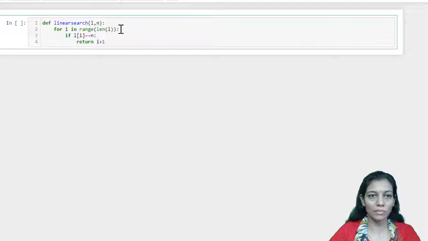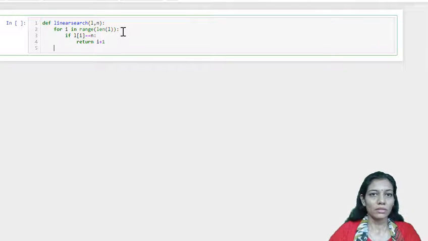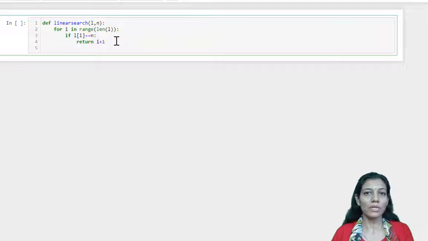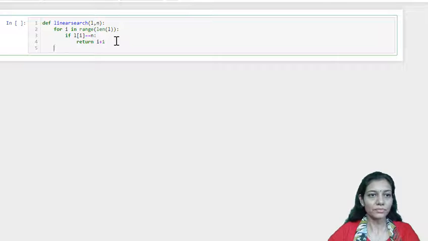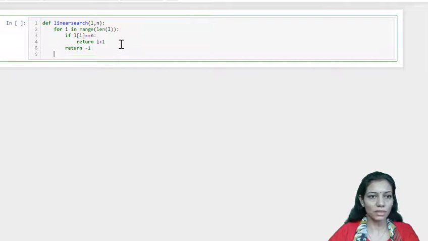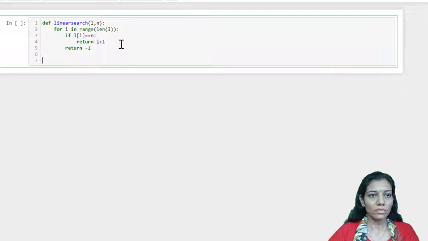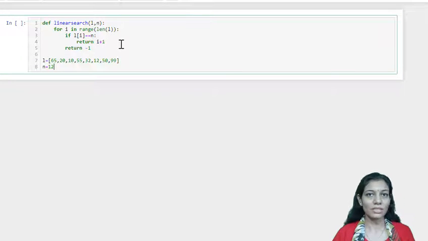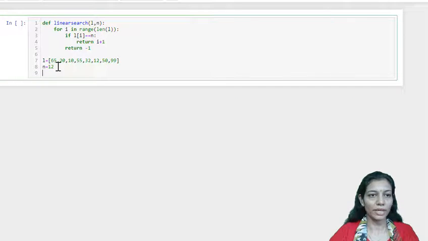We do not want to return the index, but we want to return the exact position. So that's why we are doing +1, and this loop will iterate through all the elements of the list, and if there is no luck, then we'll return -1 to indicate that we have not found the search element within the list. Now it's time to define a list. So this is the list, n is 12. Now we'll make a call to the function that we have defined. So here position is the return value from the user defined function linear search.